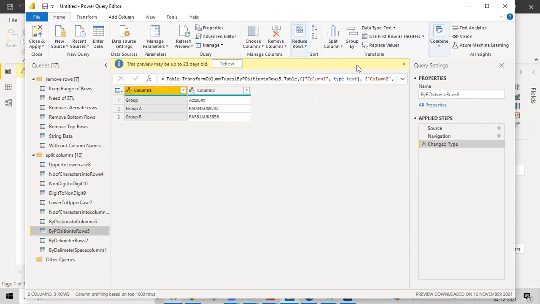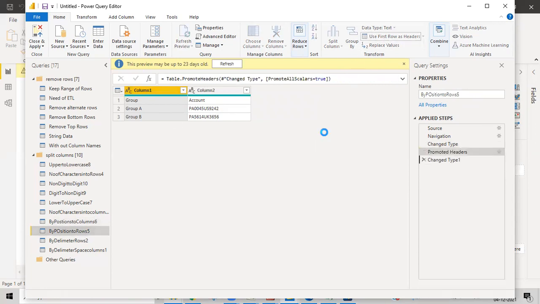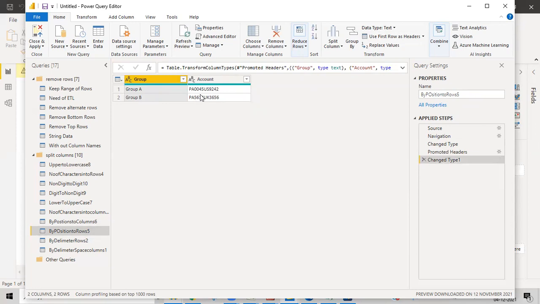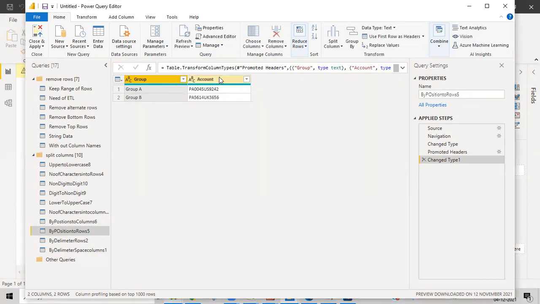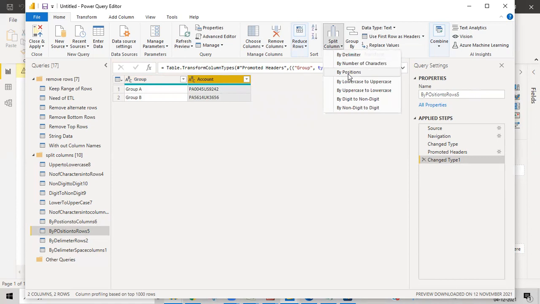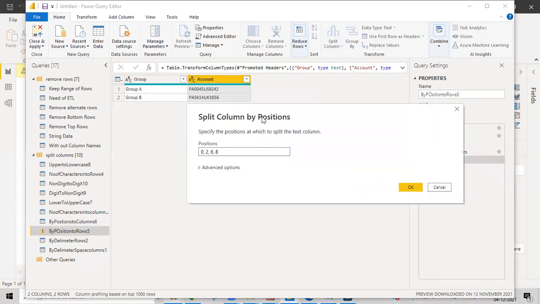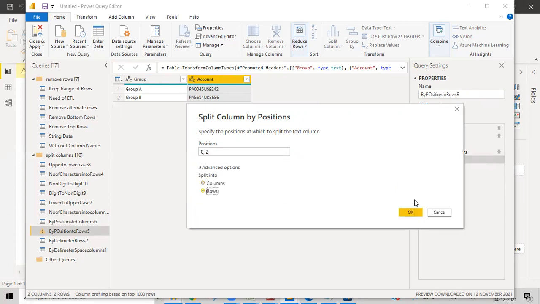Come over here, and first was the header. Again, like earlier, we'll use split by position, not this one. We need to click over here, cancel, then click over here and choose by position. First of all, I just want to make it 02 only. I don't want to go with any other things. Let me show you.